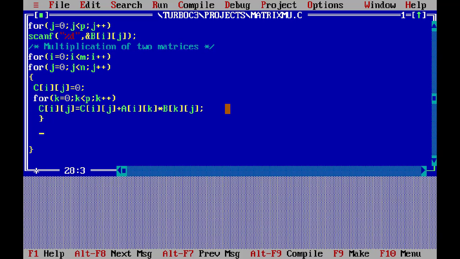Then the next part is printing the resultant matrix. So for that one, 2 loops would be enough.